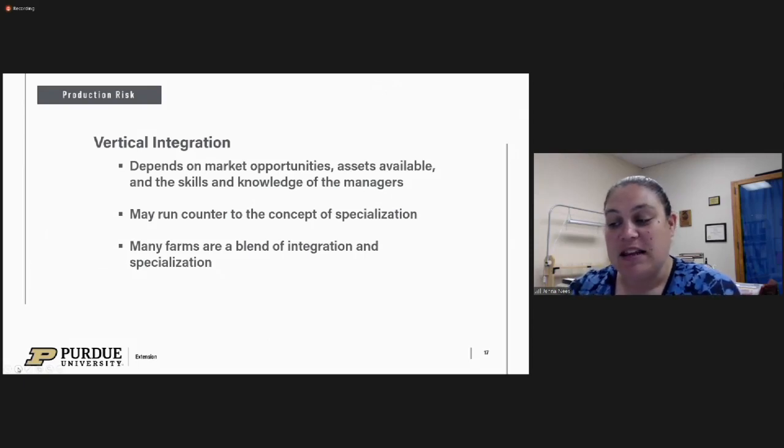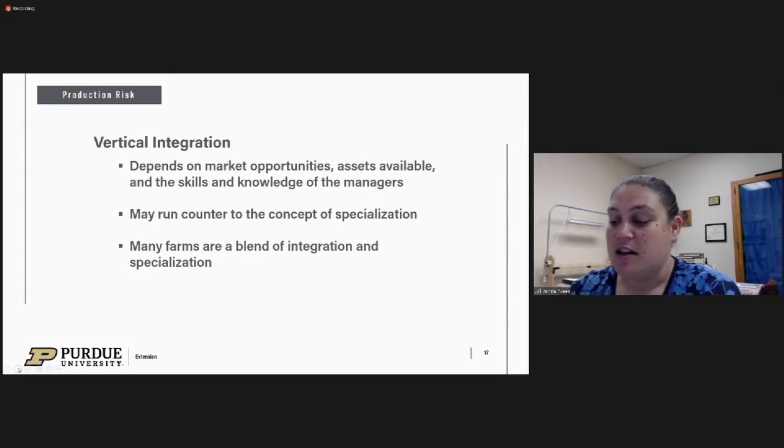In the example with growing your own feed, you are integrating the crops that you're producing into another product, and you're cutting out the middle person because you're not buying feed. And so you're going to be saving yourself some money. Now, the ability to do vertical integration depends on market opportunities, asset availability, and the skill and knowledge of your